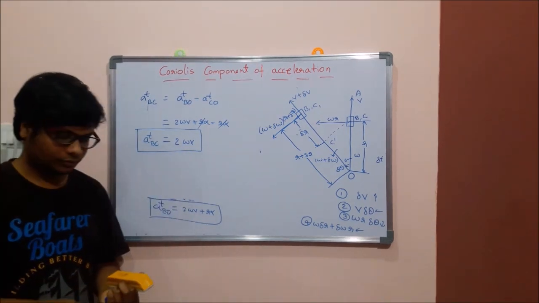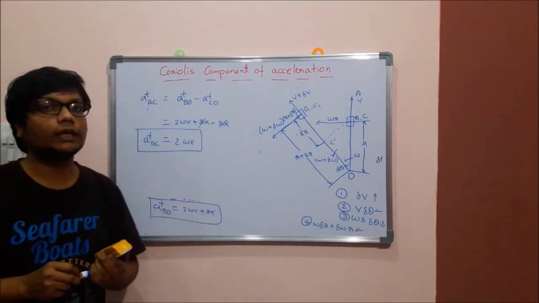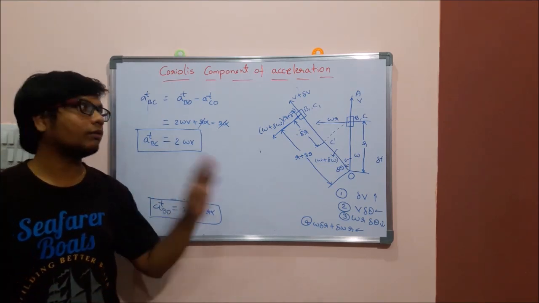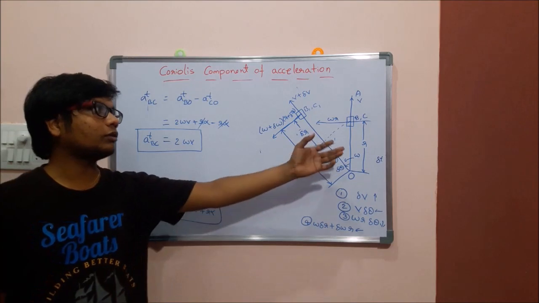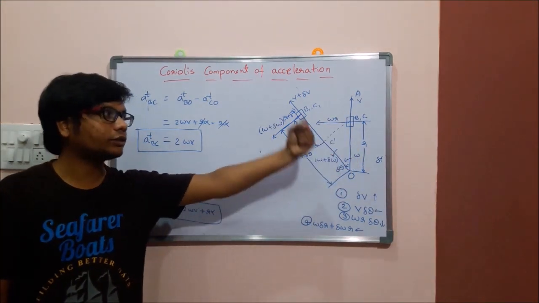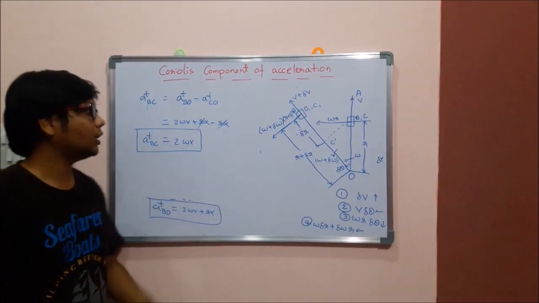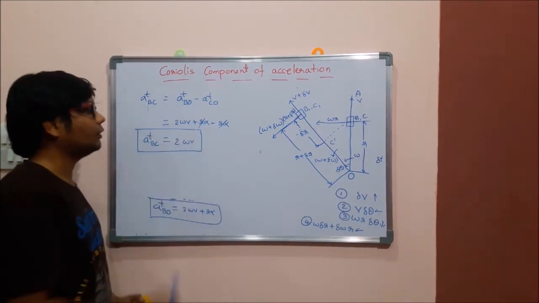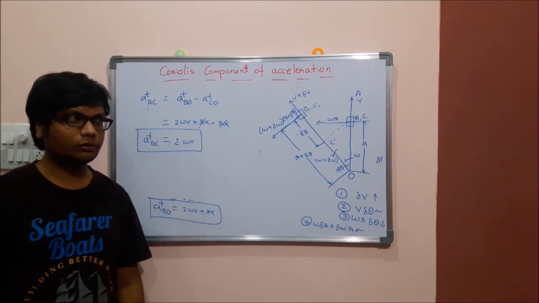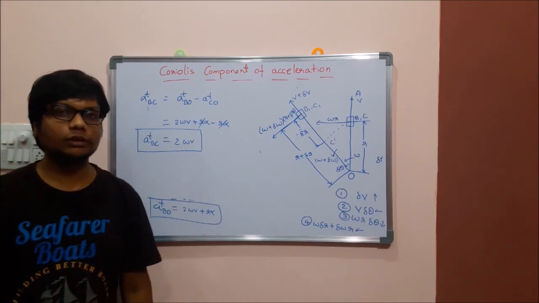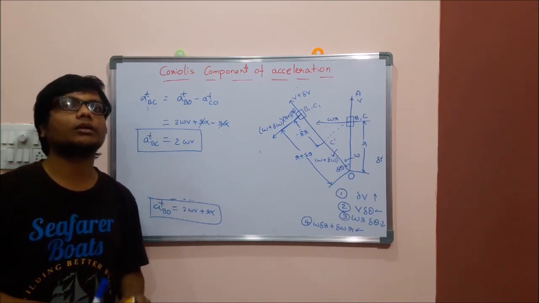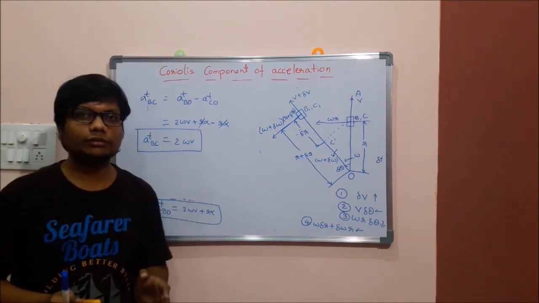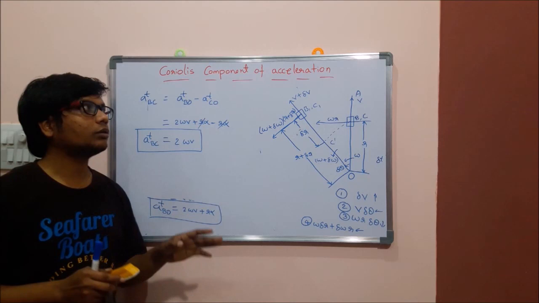So that is the Coriolis component of the acceleration, which can be obtained by analyzing the changing velocities as the slider moves with respect to the O point. That is the formula for the Coriolis component, 2 omega V, which gives you the Coriolis component. This special component is determined whenever the problem is related to the quick return mechanism. So I hope you understand this derivation of the Coriolis component.